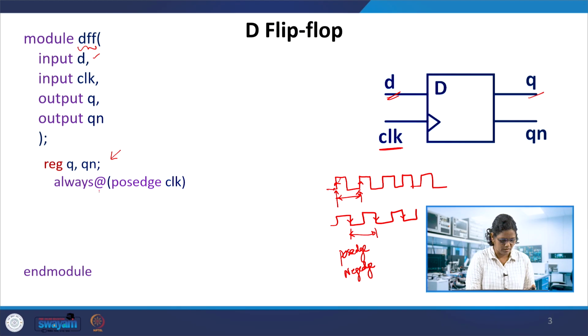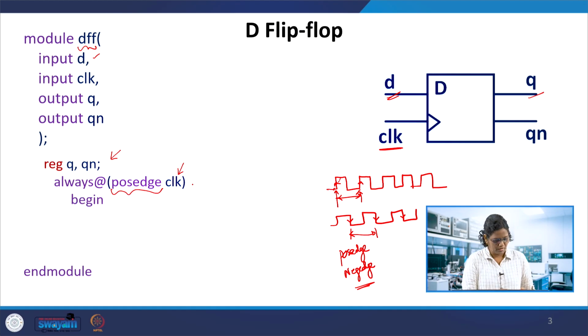So always @(posedge clock). So posedge is the keyword here. So it represents this is a positive edge triggered flip flop. So posedge of the clock. The clock is a variable which we can define as CLK or C, CLOCK, CK, anything, but posedge is the keyword. So similarly, negedge, I told you this negedge is also a keyword when you represent the negative edge triggered flip flop. So always at the posedge of the clock.